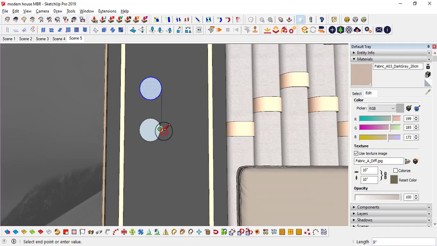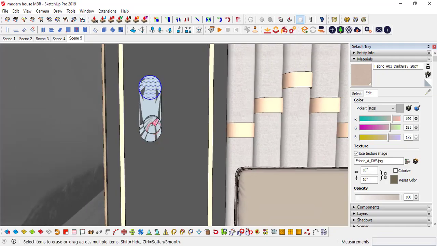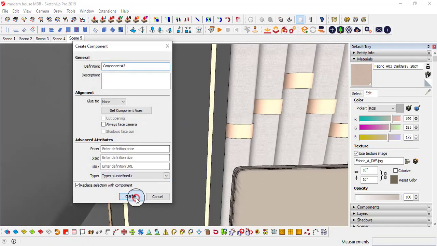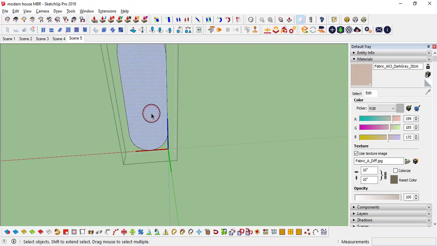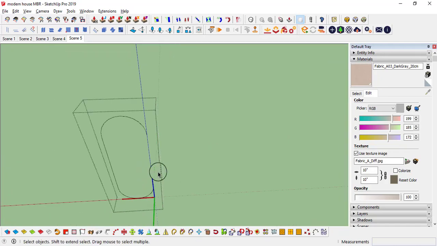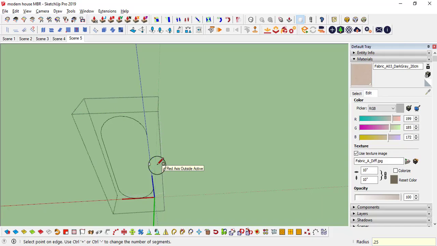Okay, this point or this point, erase the center line, make it a component, create, double click, delete that line, and I will use the circle, Z direction, 0.25 inch, half inch, 0.25, triple click it.